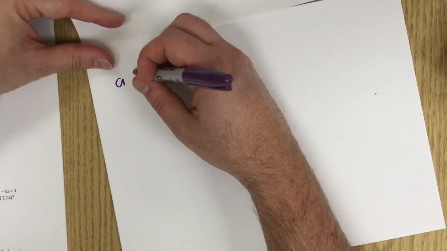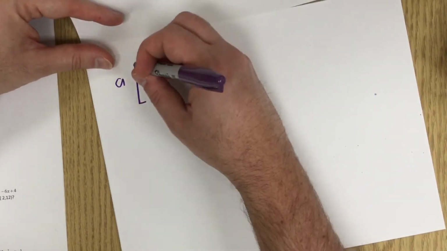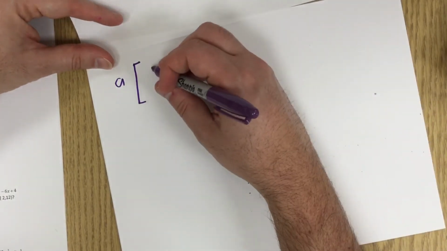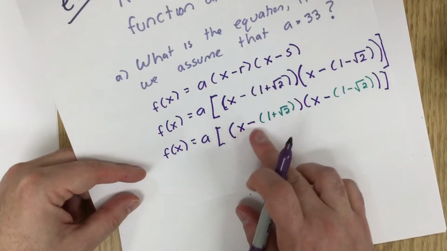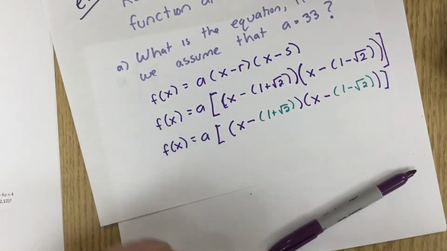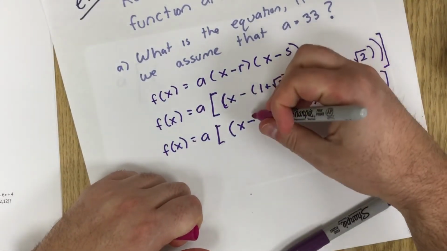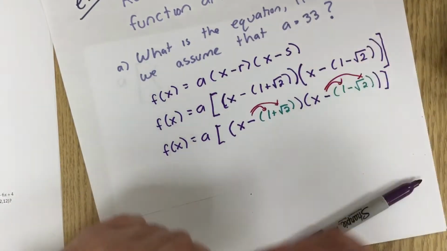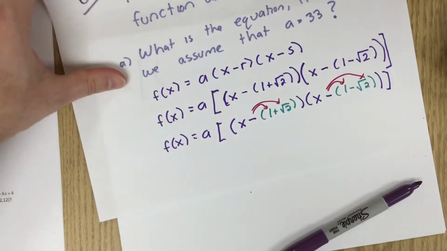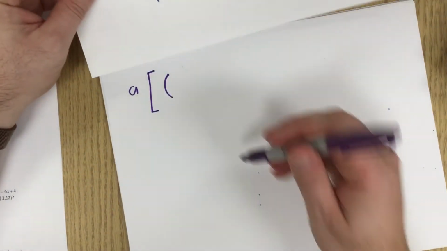Again, we're leaving that a out there. So I'm going to expand this bracket. The minus is going to multiply in. We're going to multiply this minus into both of those and multiply this minus into both of those. So we can get rid of the green bracket. That's going to give us